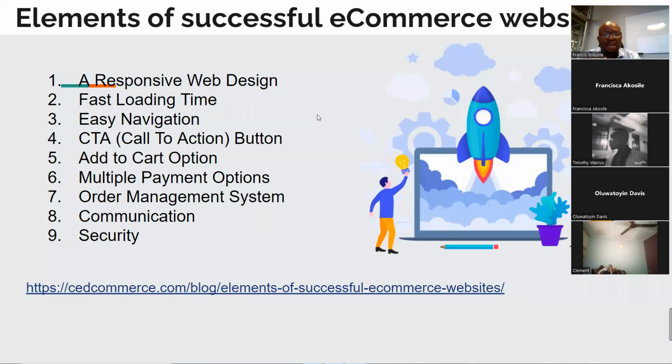Then your website must also have easy navigation. It must not be difficult to navigate. You cannot be too creative, saying, oh, let them figure it out, let them know that we are creative. No, you can't be creative with that. For easy navigation, you have to use horizontal navigation, because that's the way people think. They see your logo on the left, they see your navigation horizontally, and on the right they see your